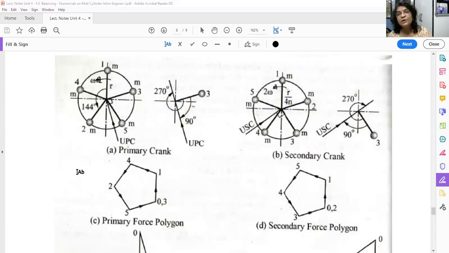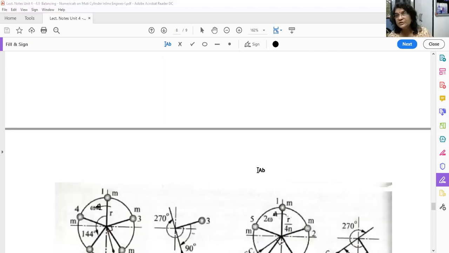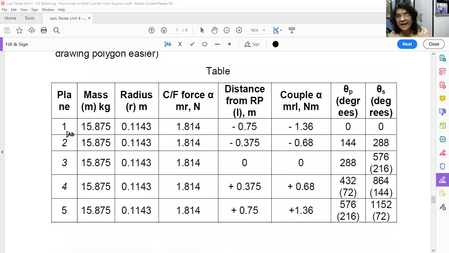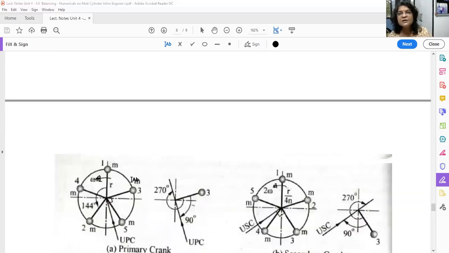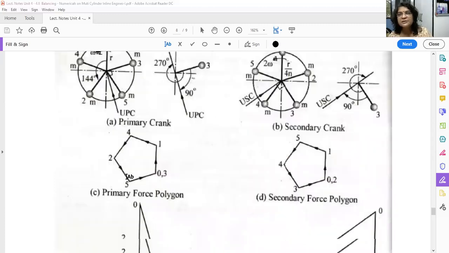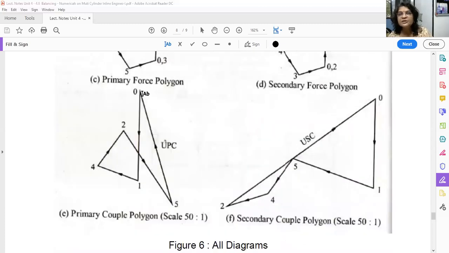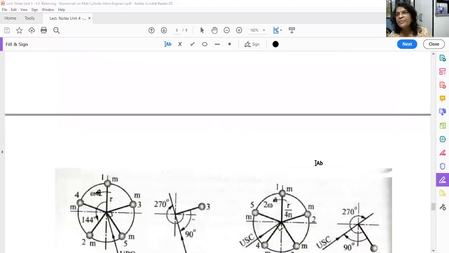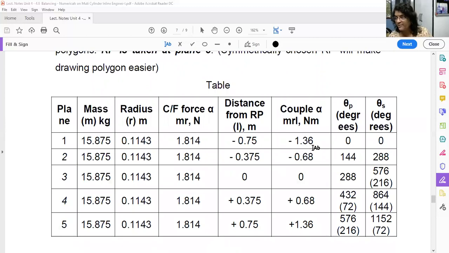Okay. So here now there is a negative, positive one. So cylinder number 1 and 2 will be negative couple. So that means what? See, cylinder number 1 is having positive direction upward, outward. So negative will be downward. Okay. So see here, starting point is here. 0 to 1. Direction is negative, that's why downward. What's the magnitude? See here, magnitude is given in the table. 1.36. You can take a suitable scale.